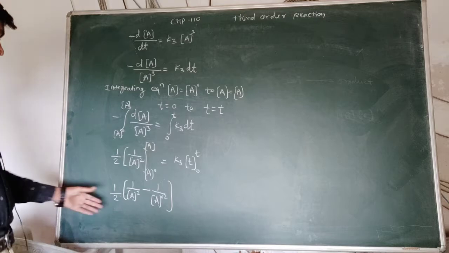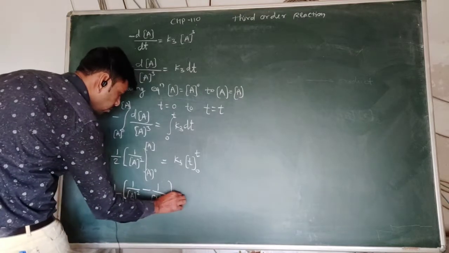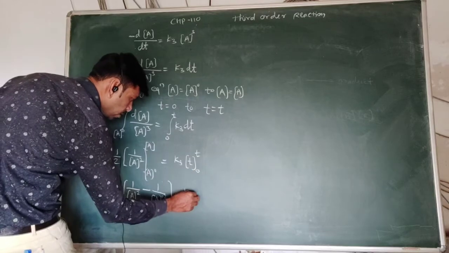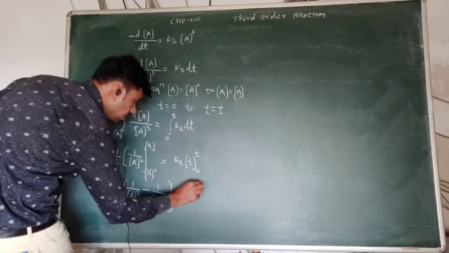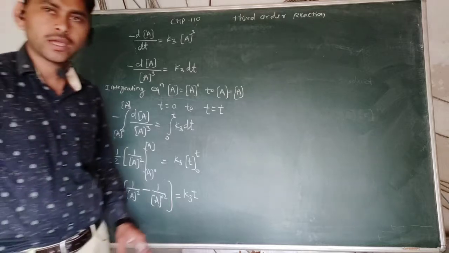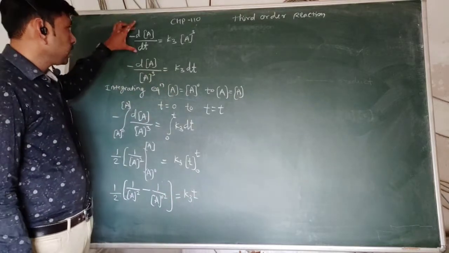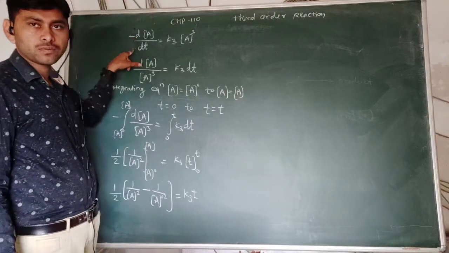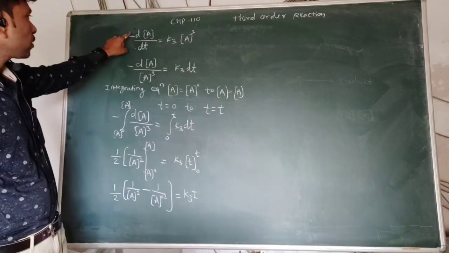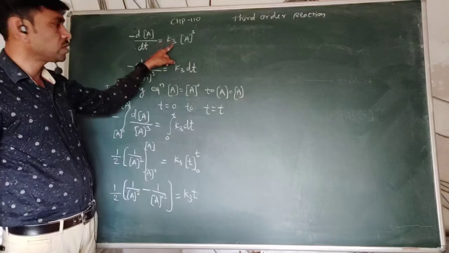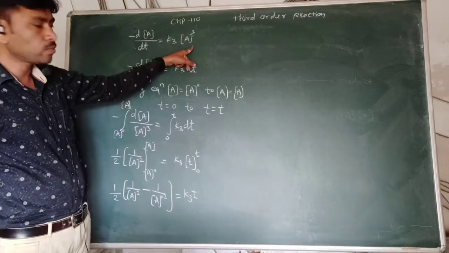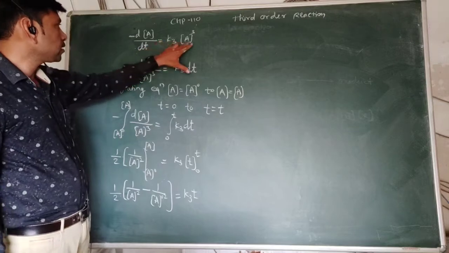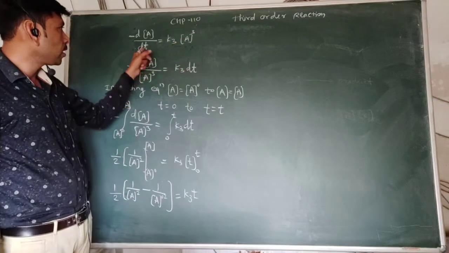So by substituting these limits into this equation, we get K3 into t, since t minus 0 is nothing but t. Okay, I am repeating once again. See, the rate equation for a third order reaction can be represented in this way: minus dA by dt equal to K3 into A cube, with equal initial concentration. Then by rearranging this equation, we take this term to the left and this one to the right,